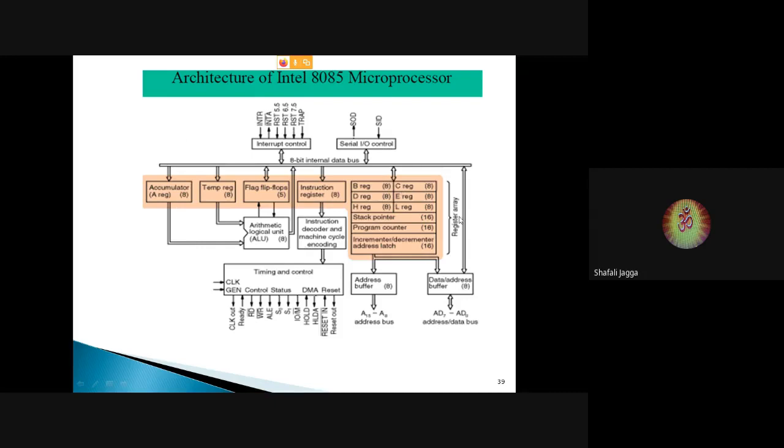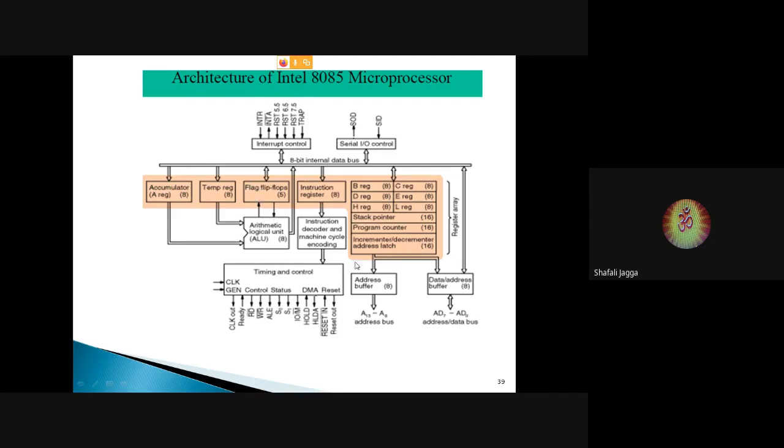Now the important thing is, you can see this is the data bus, through which all the flow of data takes place within the microprocessor. And the timing and control unit will be generating the necessary control signals that make the other units work. If the microprocessor has to add the two register contents, accumulator and C, then this code will be fetched, decoded, and the timing and control unit will generate the necessary control signals. Then C data will come to the temporary register and be added with A. Then the result will be stored again in the accumulator and the flag register will be updated.